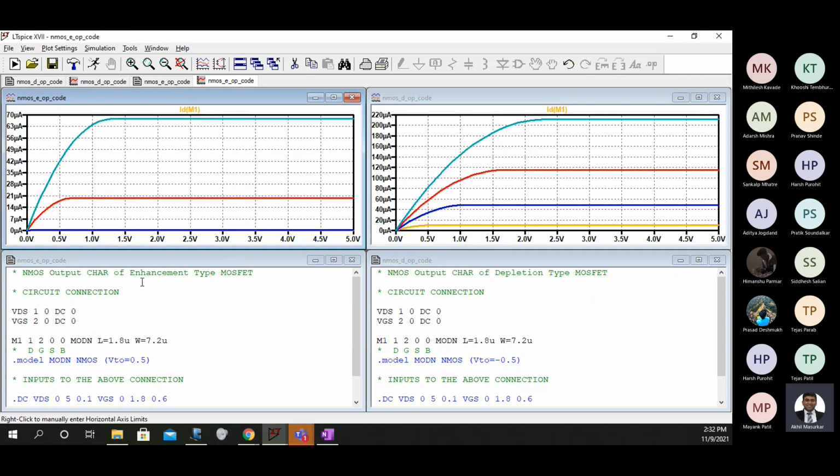So what you can see is that this is the output characteristics of enhancement type, this is the output characteristics of depletion type.